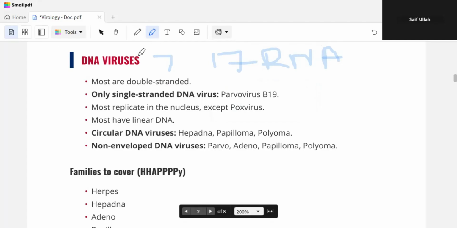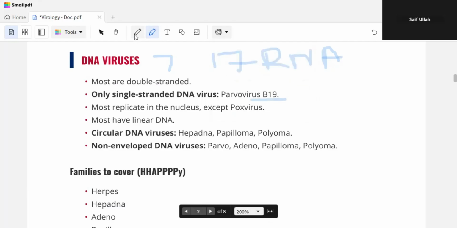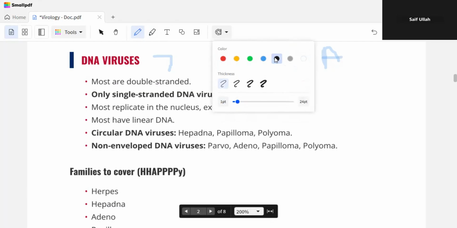Okay, so most DNA viruses are double stranded, as you obviously already know. DNA is double stranded, except in one case, which is parvovirus, which is a single stranded DNA virus. So parvo means small, so it's obviously the smallest virus, and you can think of it this way: it's small, so it only has one strand compared to all the other viruses that are double stranded. Okay. Another thing, so this is the smallest, so which one is the largest? That's pox virus. So pox virus is obviously the largest DNA virus, and it causes smallpox, and